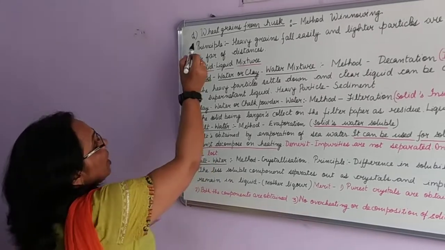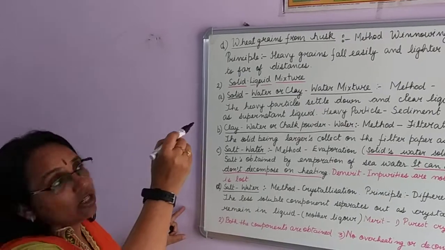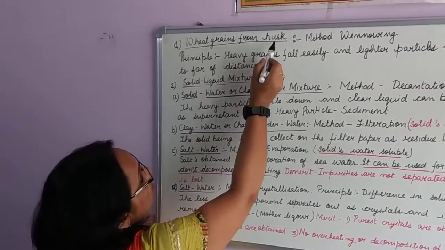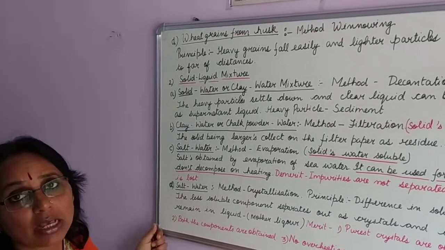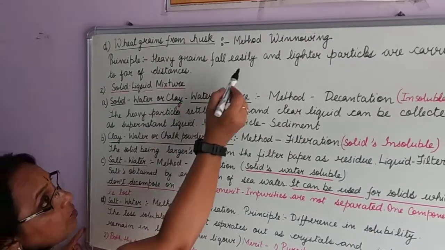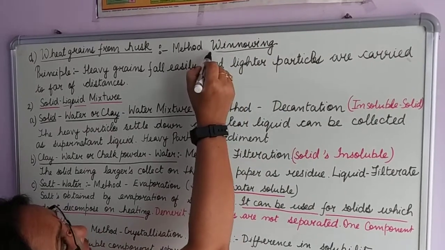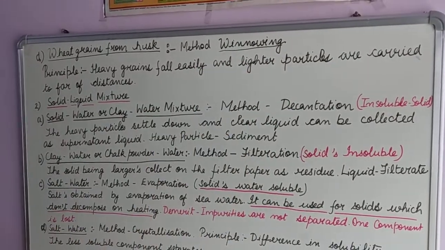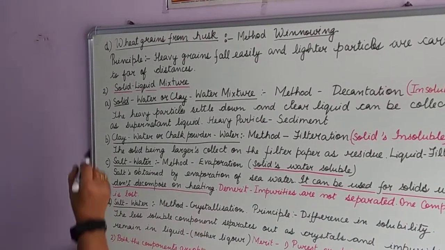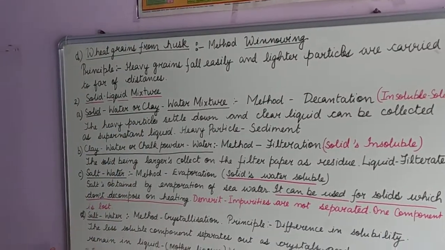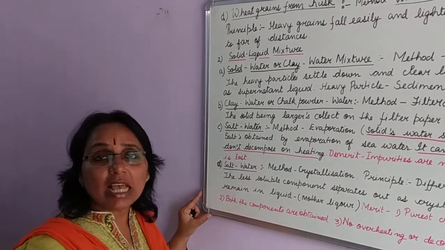Let us study the separation of a third category of solid mixture, that is wheat grains from husk. How do we separate the wheat grains from husk? This can be done by the method called winnowing. You are already aware of this word, winnowing. The principle behind winnowing is that the mixture of the wheat grains and the husk